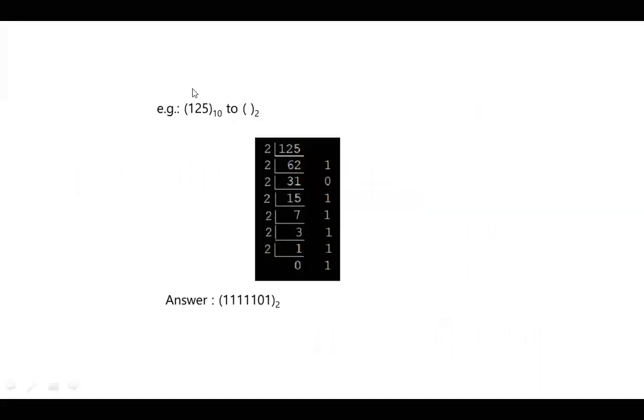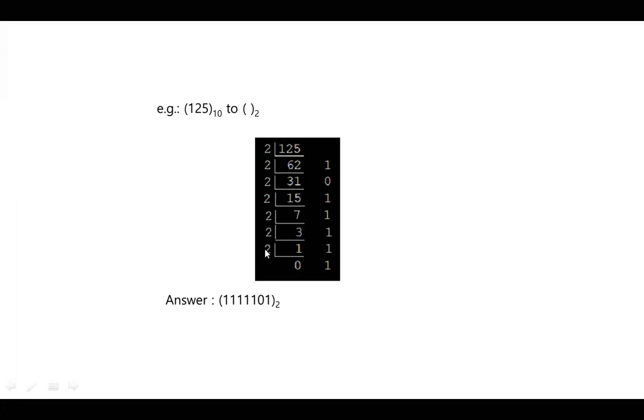125, we are seeing an integer number. 125 to the base 10 is equal to what? So what it is clearly telling, I want to convert a decimal number to a binary number. So the base of binary is 2. 125 divided by 2. So 2 sixes are 12, 1 will be the remainder. 2 threes are 6, 0 will be the remainder. 2 ones are 2, 1 will be the remainder. 2 7s are 14, 1 will be the remainder. 2 3s are 6, 1 is the remainder. 2 1s are 2, 1 is the remainder.